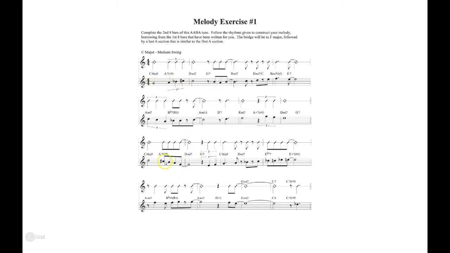Here's kind of fitting the notes in the melody with what the chord is. Remember we talked about that. This might have been better off if he just walked down to a G there and had it the 11th and then back up. I'm not sure, but you can listen at the end. Ended on the root, not the